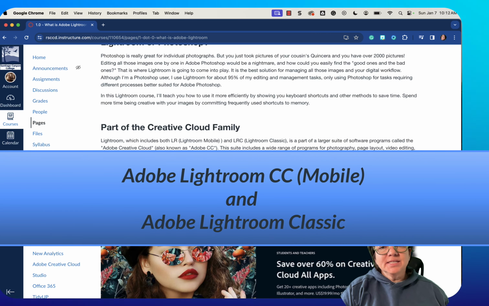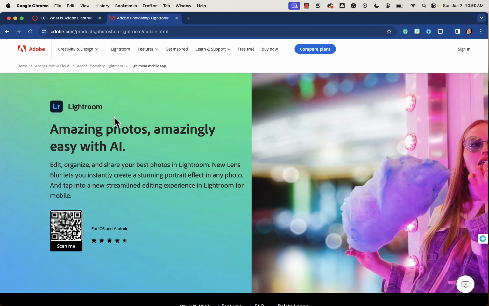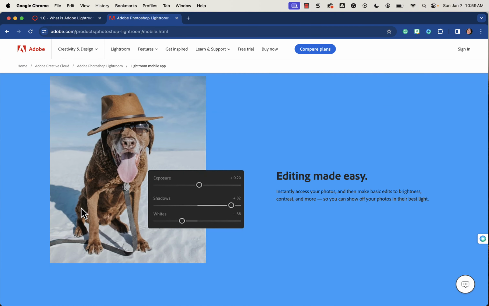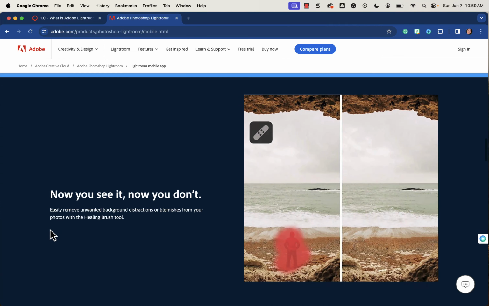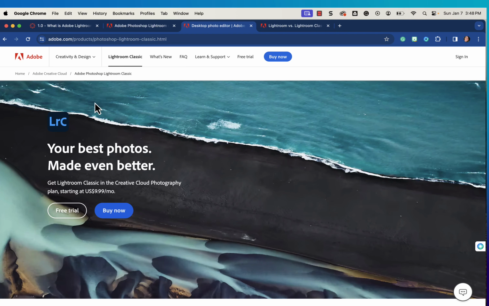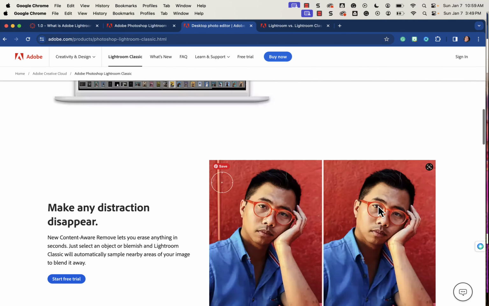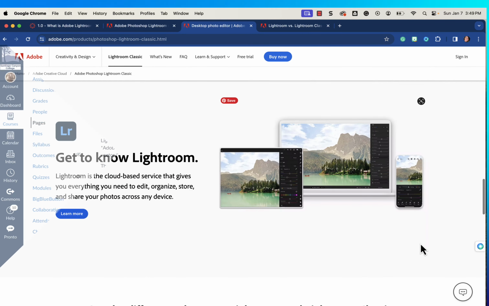There's Lightroom CC and there's Lightroom Classic. Lightroom CC is their mobile application, and it allows you to store your photos on the cloud, which then allows you to edit your photos in a cloud-based environment. That means I could edit on my iPhone, on my iPad, and then on multiple computers. While Lightroom Classic is optimized for a desktop environment and means I have to store my photos on a hard drive. So in this class, we're going to primarily focus on Lightroom Classic, but I definitely want to touch on